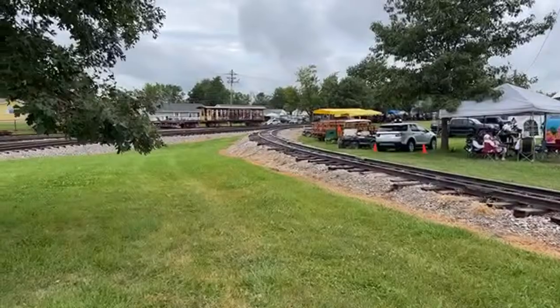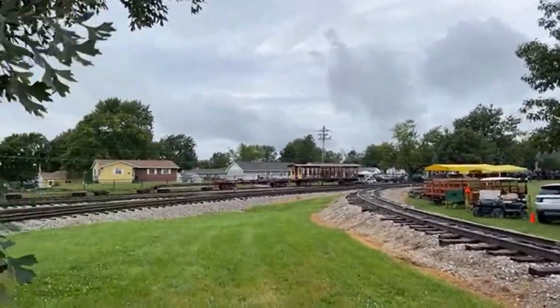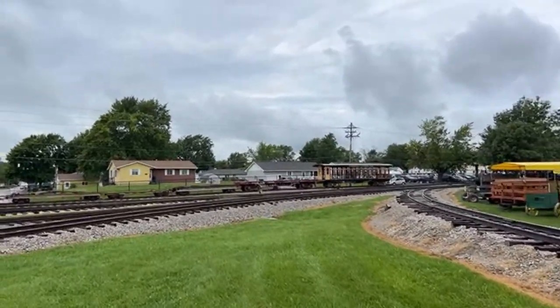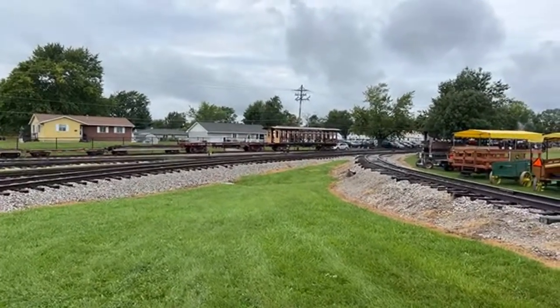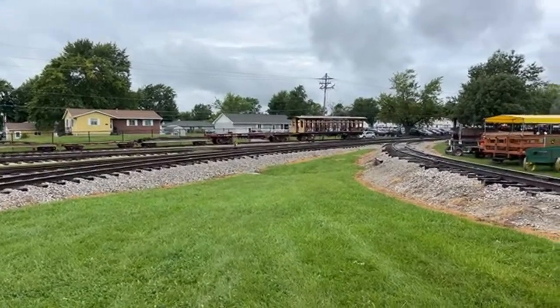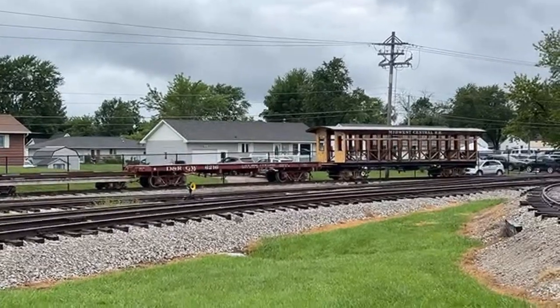So that was one of the yellow coaches. And then we've got one of the Rio Grande flat cars. The other one that they did not turn into a passenger